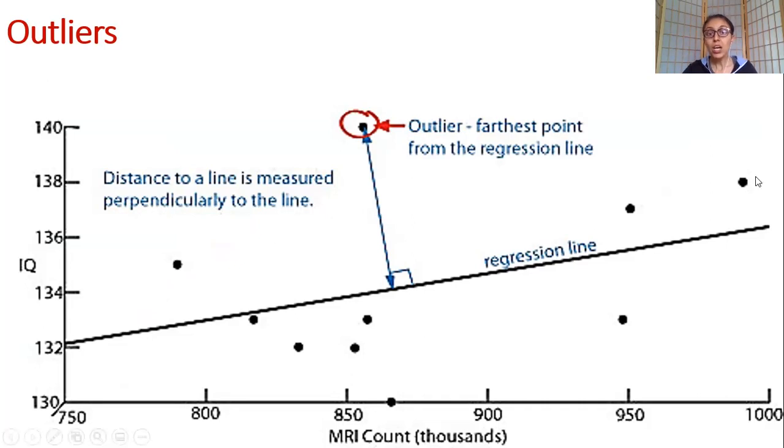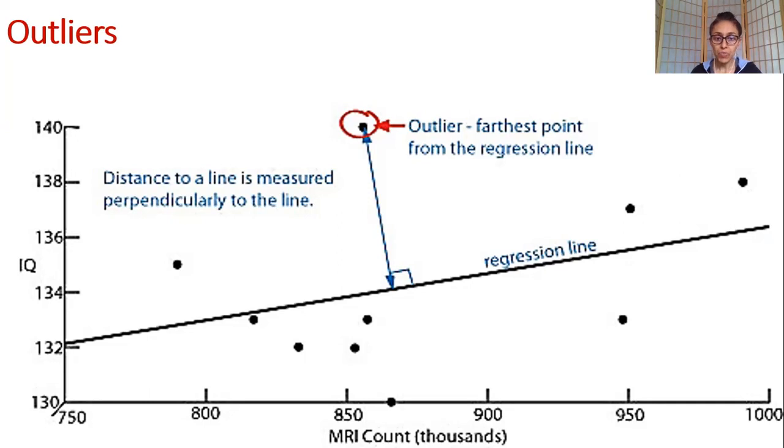What are outliers? Those are dots, individual cases or participant IDs, which are very, very far off from your line of regression. All of these other dots are hovering around the line of regression, but there is one dot right at the top of the graph, light years far away from the line, and then you wonder, why is this so far off?